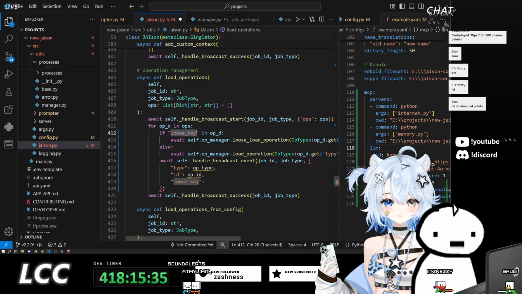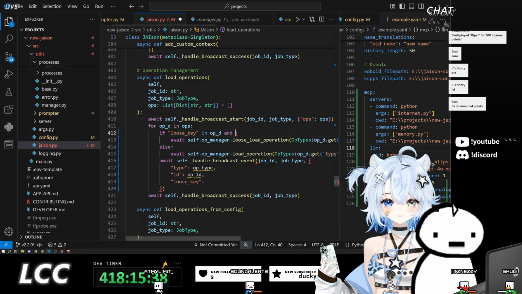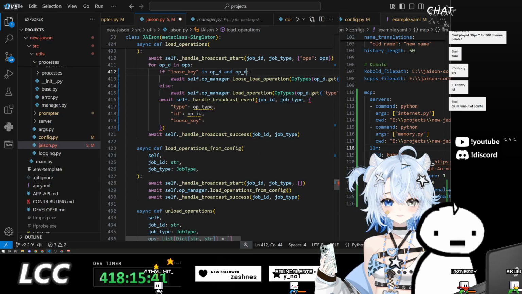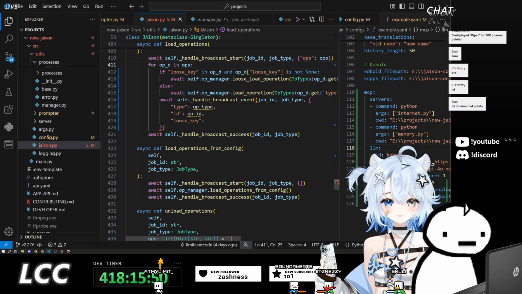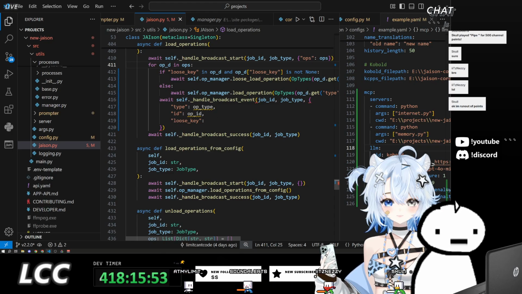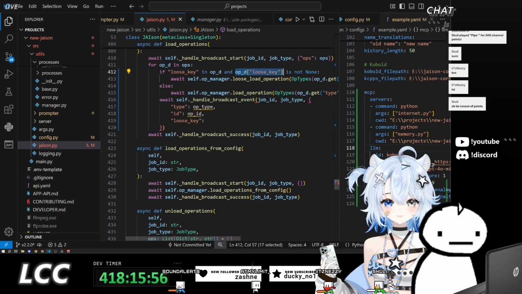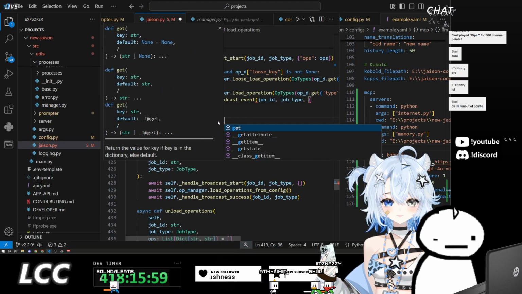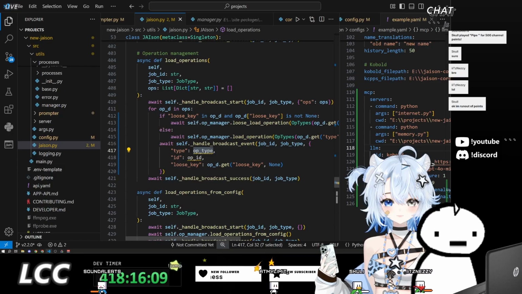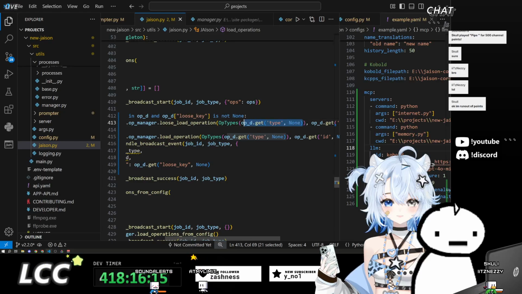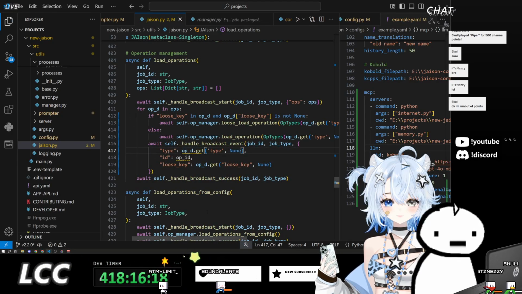Loose key is not. There we go. Op type though, this should be this, otherwise it'll just fail.